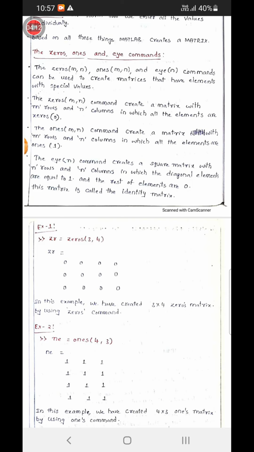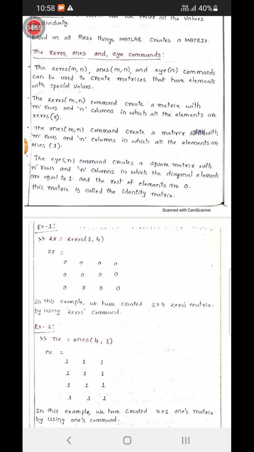So n represents both rows and columns, in which the diagonal elements are equal to 1. What are the diagonal elements? We'll see in the example. And the rest of the elements are 0. This matrix is called the I matrix or identity matrix. With the example we can understand it clearly.